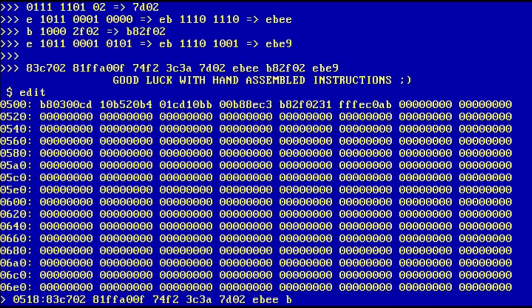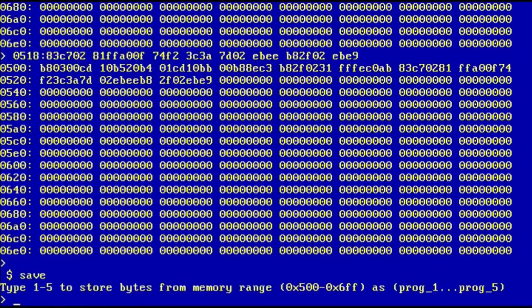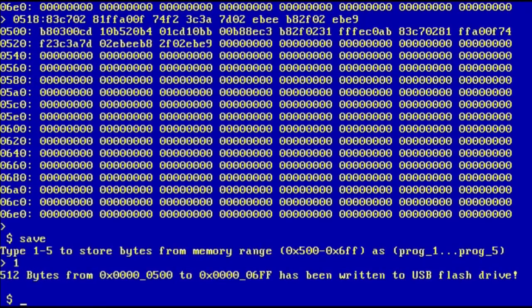now B8 2F02, and finally EBE9. Oh my god, guys, let me just double check. So yeah, seems like this is it. So hit enter. Now I want to save this as prog1, and now the moment of truth, guys, is